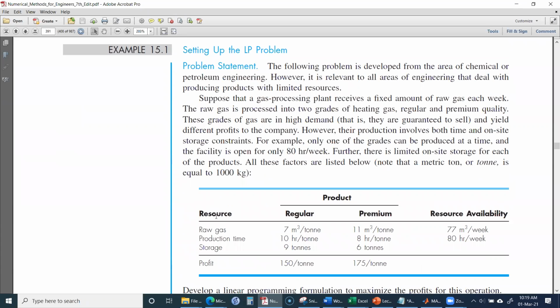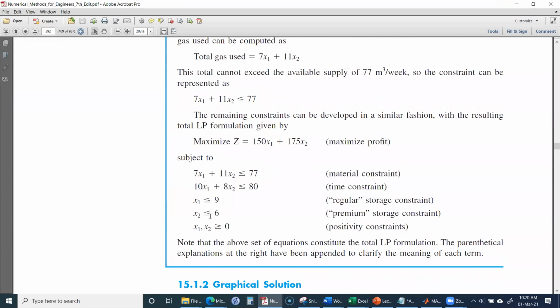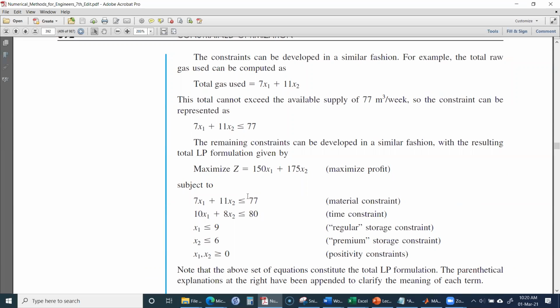In setting up the linear programming problem, first we set up the objective function, and then we look one by one at the constraints on that function. In this case, we have just set up the linear programming problem. But the next question is: how do we find the values of x1 and x2? We have this set of equations, and it looks like a system of equations, but it is not exactly a system of linear equations because it also involves